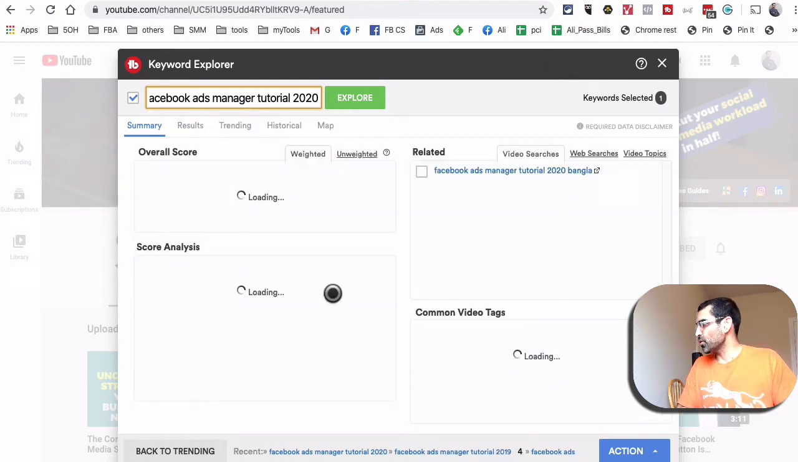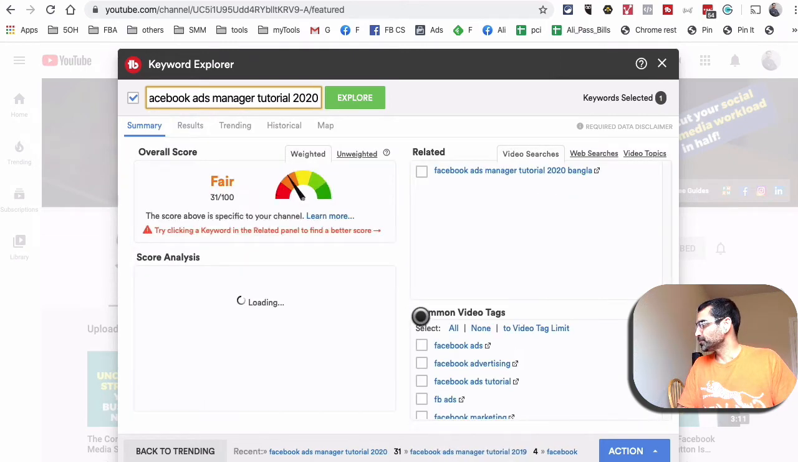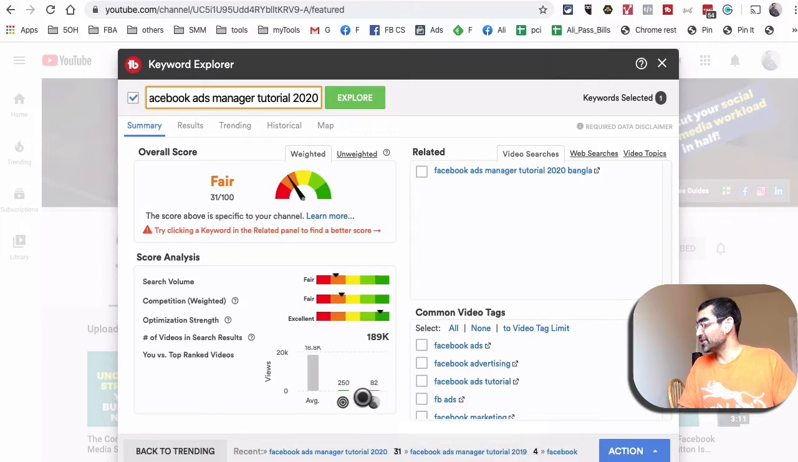And now let's look at the score and see what happens. It seems like the score is a little bit better right now. And see, look at this. So now I'm still probably not gonna select this keyword because